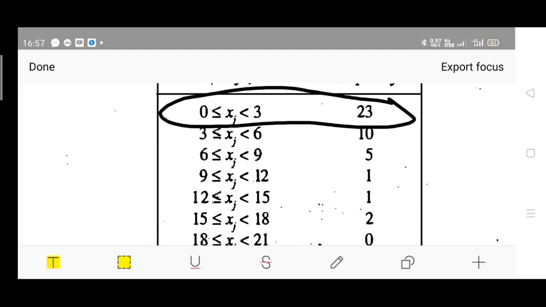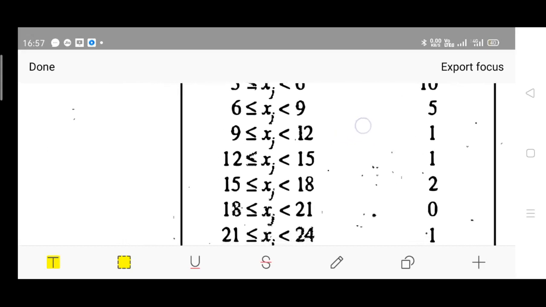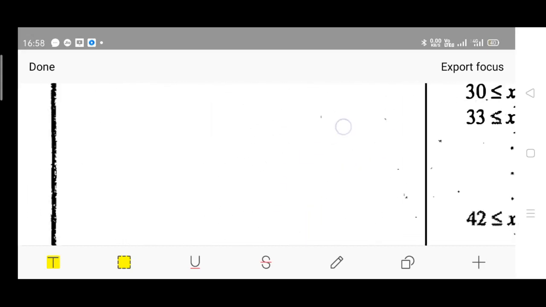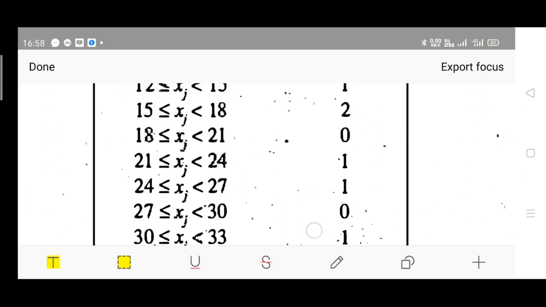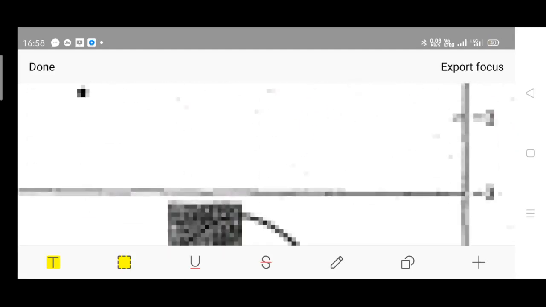After applying an additional voltage of 1.5 times the normal voltage, it is observed that between 3 to 6 days 10 components failed, right? Failure of 10 components is observed. The same thing you have to mark over there. Similarly, go for the next range and all. Hope you are getting the concept, right? You are getting the point. Very easy concept, important as well. Please note down the things.